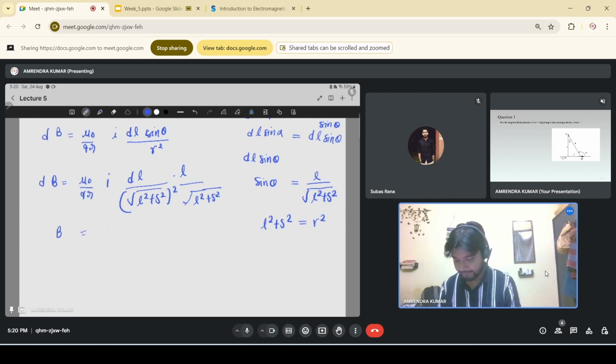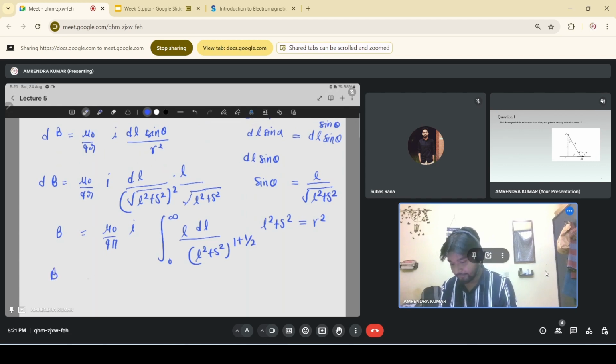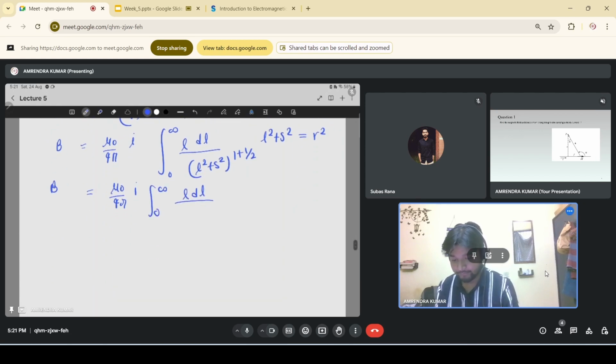तो अब हम इसको, ये डी बी है, सॉरी ये डी बी है, तो हम इसको इंटीग्रेट करेंगे म्यू जीरो ओवर 4 पाई, तो आई बाहर आ गया, डी एल जीरो से इन्फिनिटी तक, तो एल डी एल ओवर एल स्क्वायर प्लस एस स्क्वायर, ये हो जाएगा। ओके, इसको हम इस तरह से लिख सकते हैं, यहाँ पर एल स्क्वायर प्लस एस स्क्वायर की पावर 1+1/2, ये हो जाएगा बी इक्वल टू म्यू जीरो ओवर 4 पाई आई जीरो टू इन्फिनिटी एल डी एल, और यहाँ पर एल स्क्वायर प्लस एस स्क्वायर का हो जाएगा एल स्क्वायर प्लस एस स्क्वायर पावर 3/2।